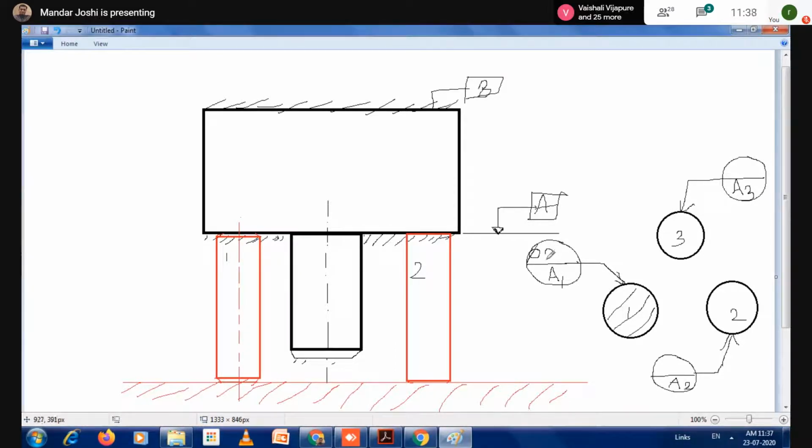Let's say it is 25. First pin diameter is 25. Second pin diameter is 15. And third pin is 20.